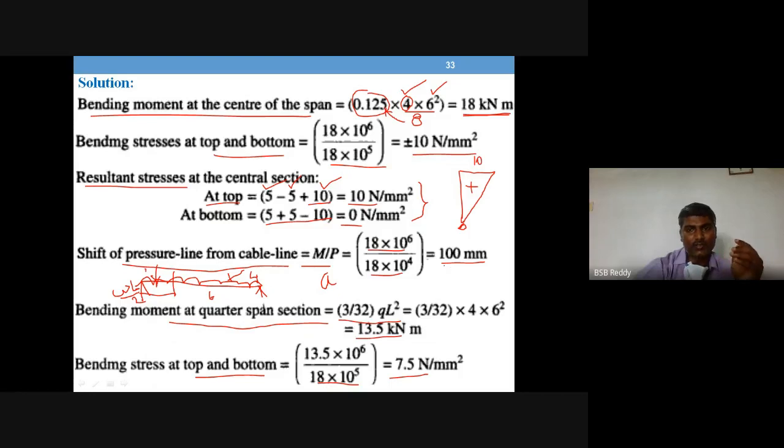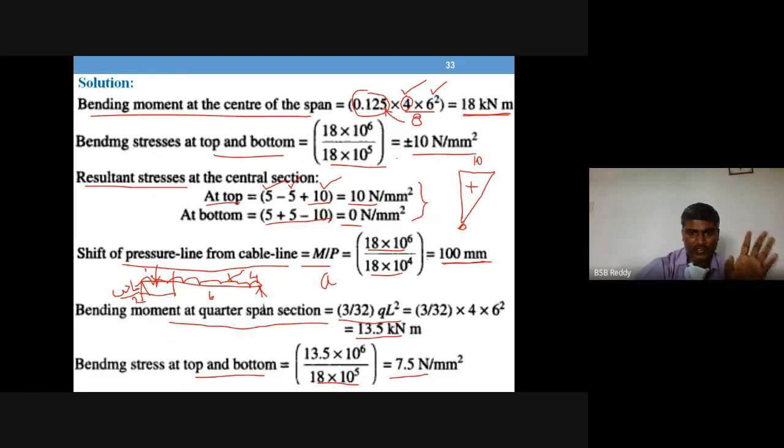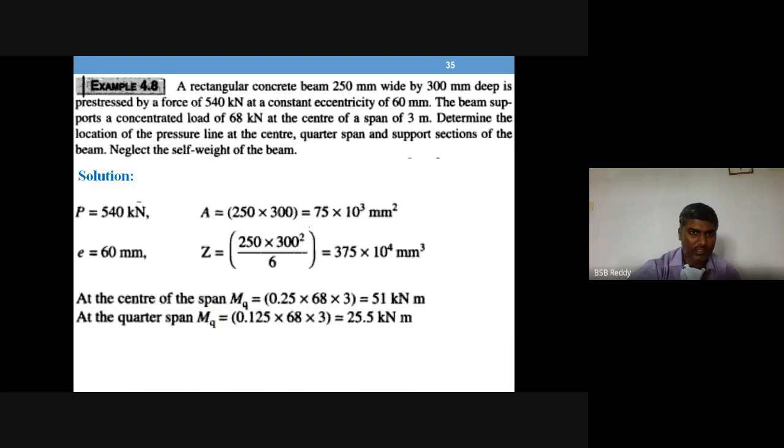Only drawing the pressure line is required. You are asked to determine the location of the thrust line in the beam and plot it. So only the thrust line location is to be plotted, and calculating the stresses is only optional for us. We have done it as an example case. That is the other example. Let us see one more example